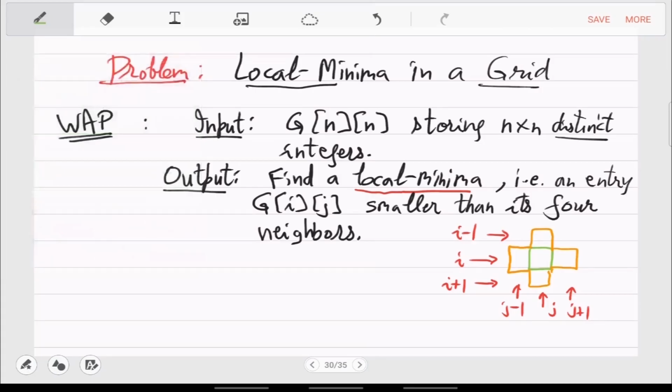So yeah, this will be called the local minima if the grid looks like this. So you have 3 here, and other values are bigger. Okay, so in this case, we can say that the green cell is a valid output. So unlike global minima, local minima output can be many. This is not unique, right? Because it is dependent on the orientation. But you have to output just one, find one and output it.